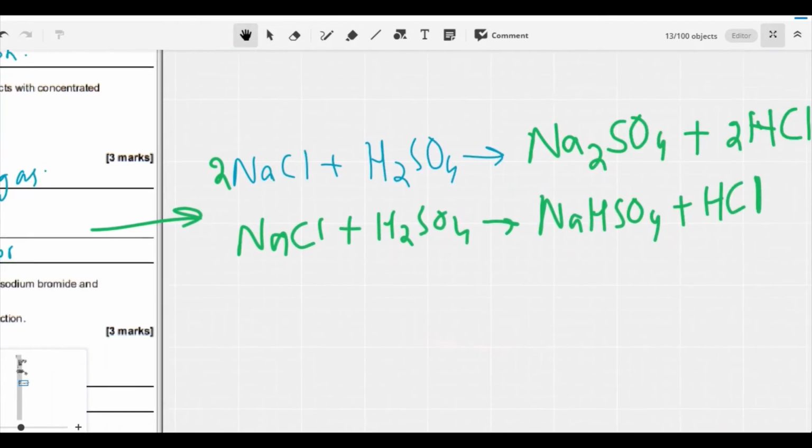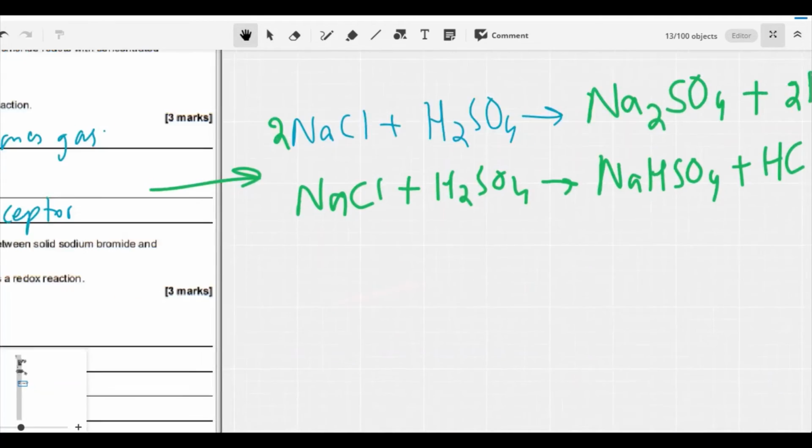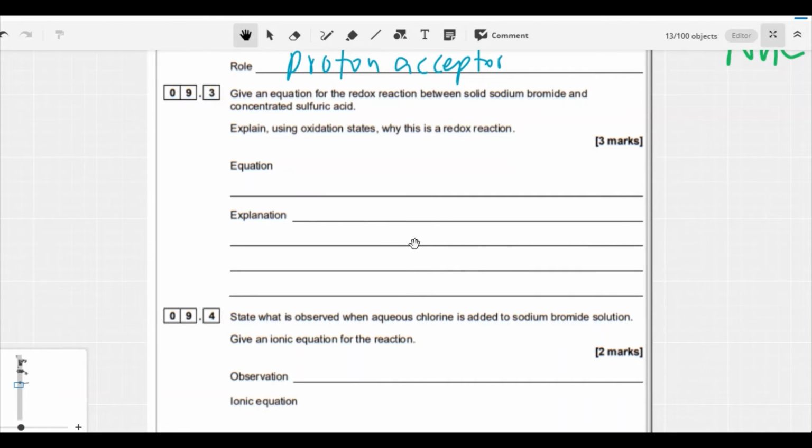How? You can see in this equation, so that will easily help you to indicate, in this case there is a proton acceptor, and in the product there is also a proton acceptor, the chloride ions. Now the question is question number 9.3. Give an equation for a redox